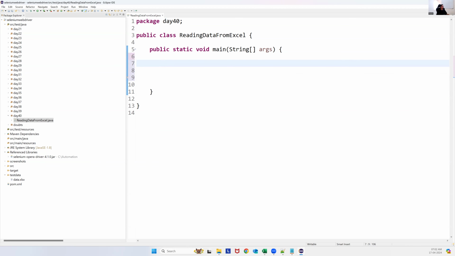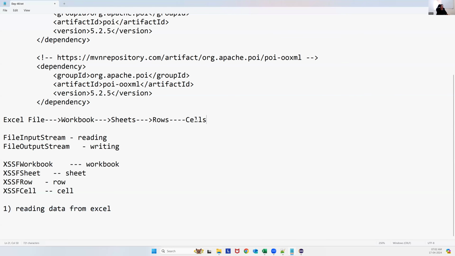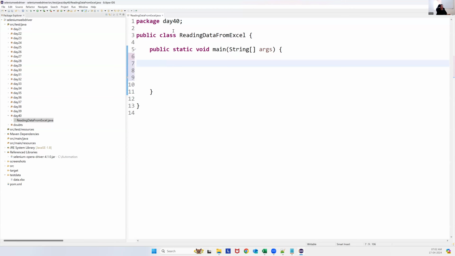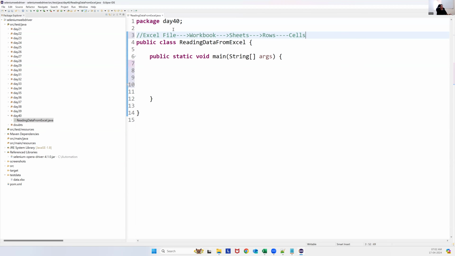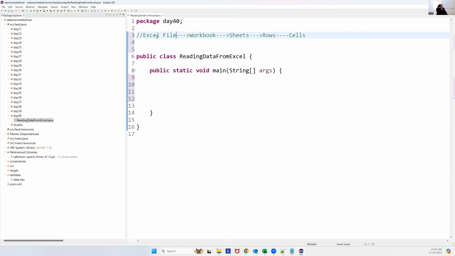So how to read data from an Excel file? Before doing that, you need to remember this hierarchy. This is most important. With the same hierarchy or the same process, we do it. First the Excel file, then the workbook, which contains sheets. A sheet contains rows. Rows contain cells. So the same hierarchy we have to follow. Okay. The first step is